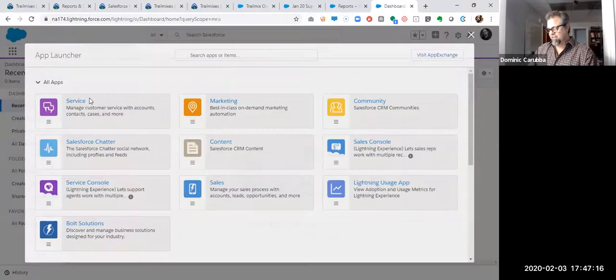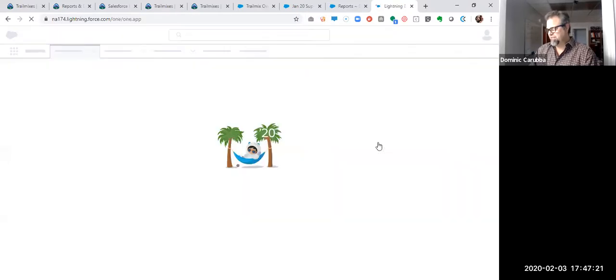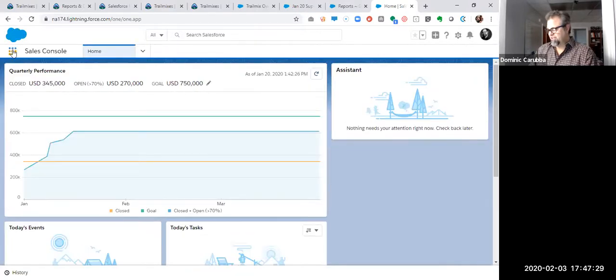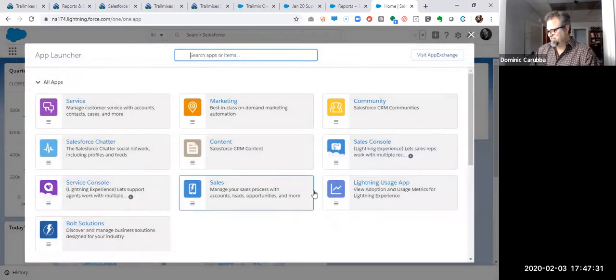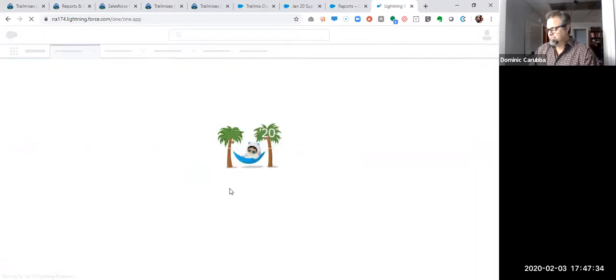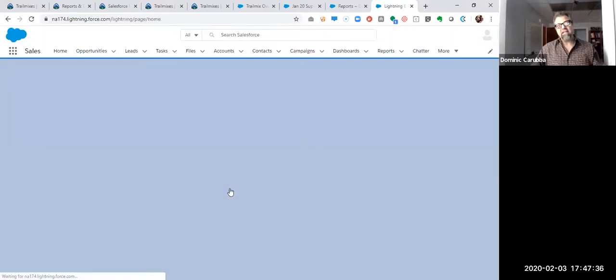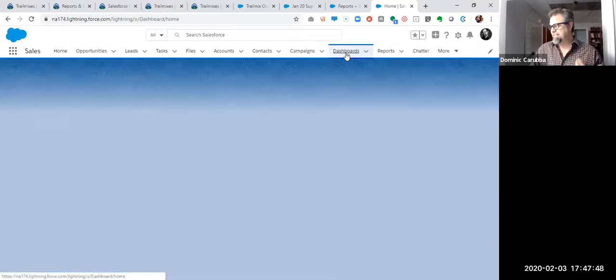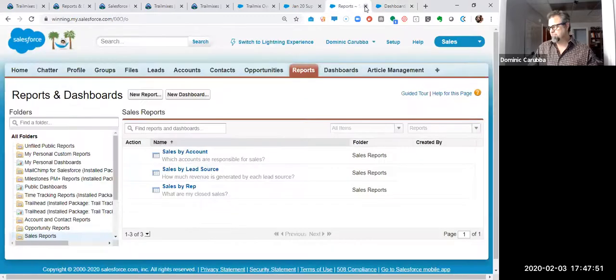Let me go to my sales app, just because we should be in the same one. It's where I left it, not where I want to be. Well, I'm in the sales console. I don't want sales console, I want sales. So remember, in Lightning or Classic, there are two versions of the page layout, which is standard, if you will, and console. Console is very different. All right, so when I go to dashboards, and I'm in my dashboard folder now,